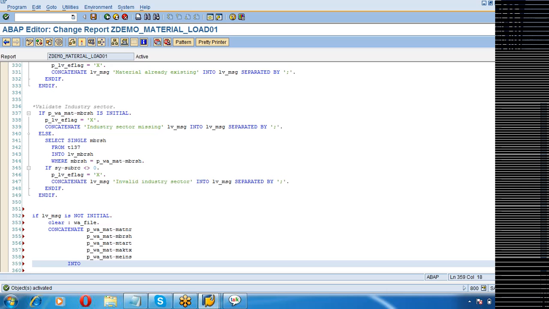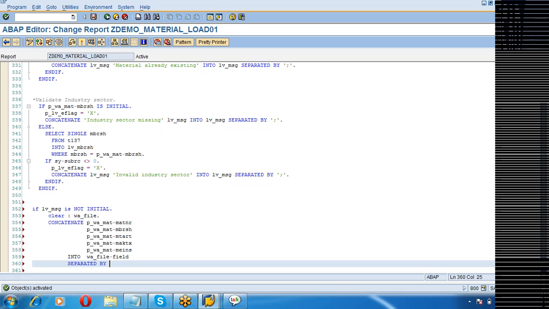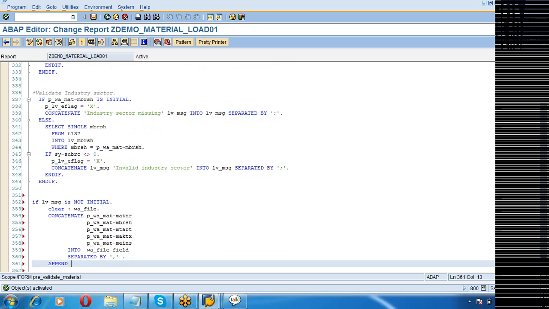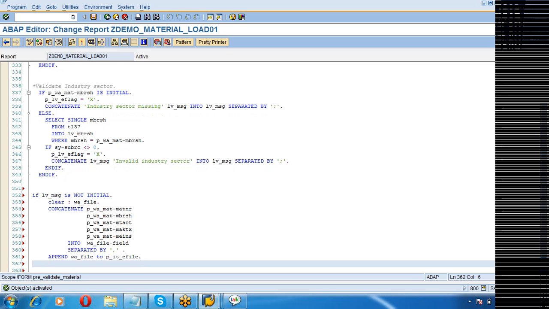Concatenate all these things into W_file-field, separated by comma. First field comma, second field comma. So W_mat was having the data split into individual fields. Now I'm clubbing them all together and then append W_file to P_IT_E5. So error file is taken care of.